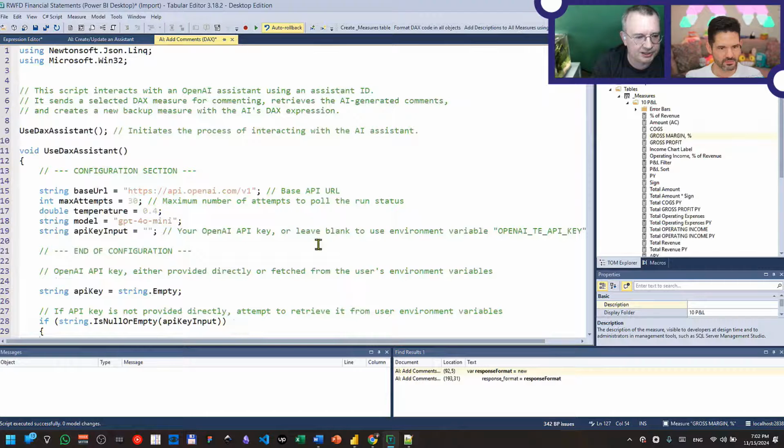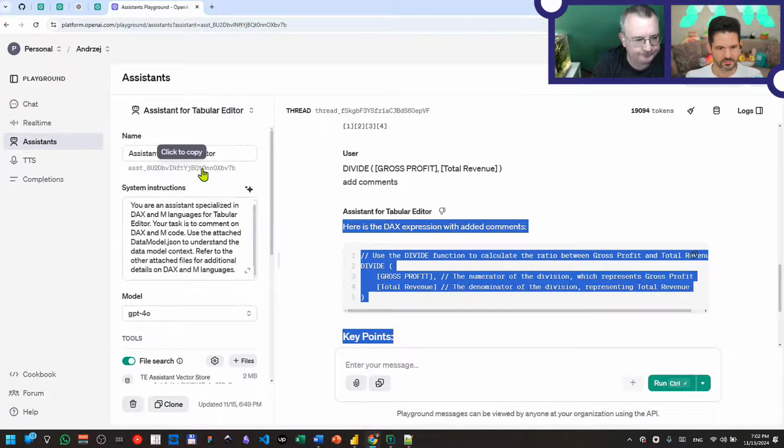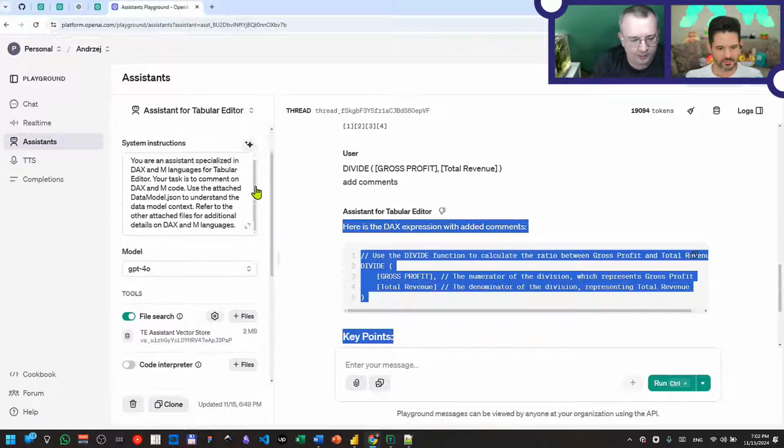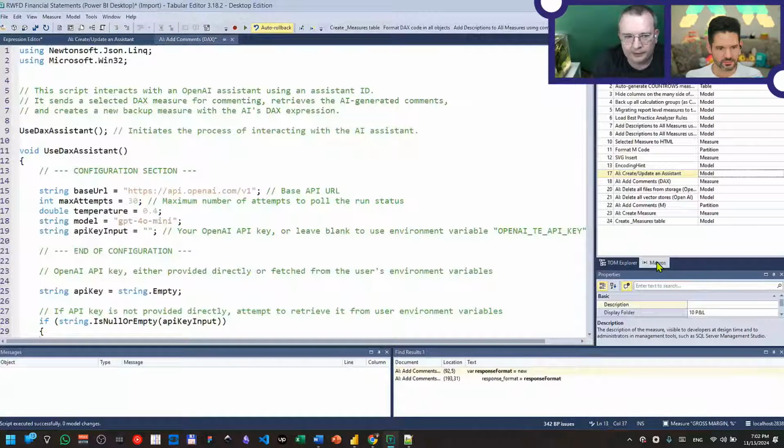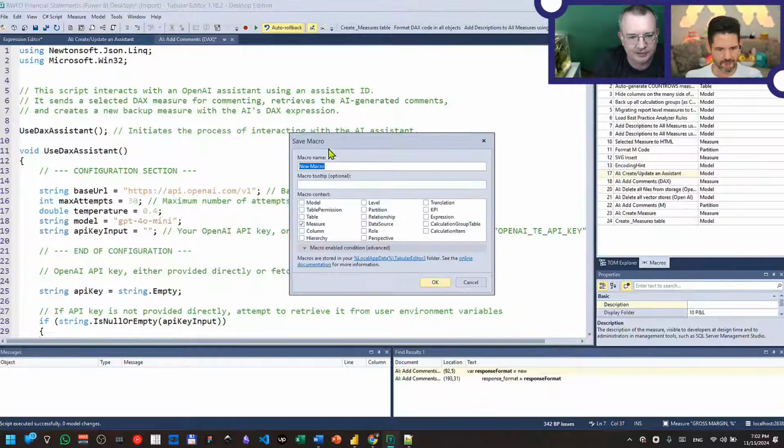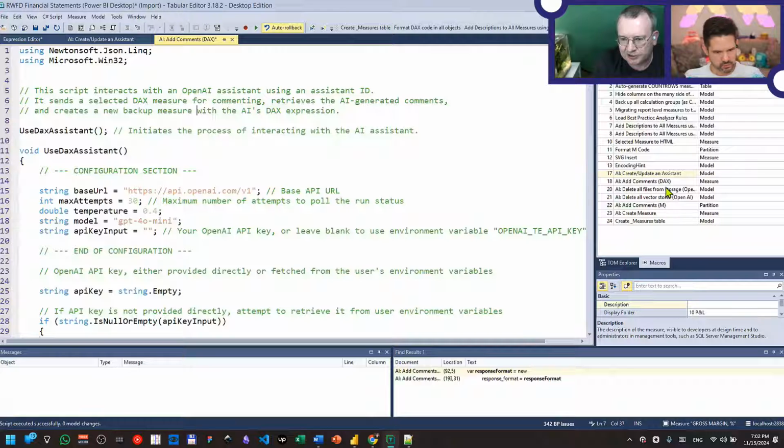So there are 2 scripts here. The first script creates this assistant, uploads the files, uploads the data model. And once the script is created, it's possible to save it as a macro, so it will be available here in the list of macros. So now when I have opened a new data model, I can create or update the assistant using the first script. And then there is the second script